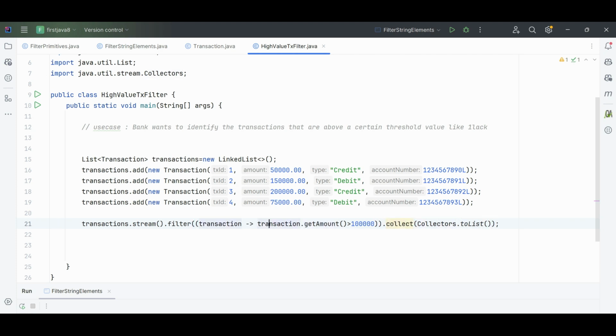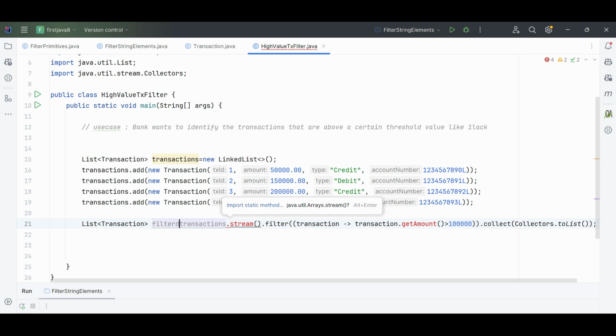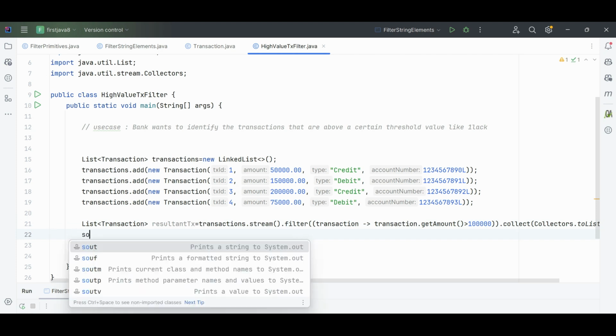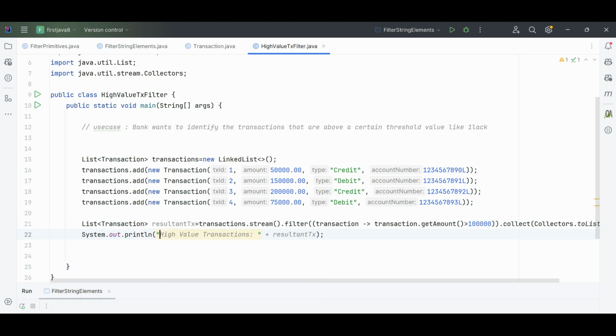Okay, so now this will be returning a list of transactions. Let's say filtered transactions or resultant transactions. You can say resultant transactions. Now, SOUT resultant transactions. Here we'll say high value transactions are the resultant transactions. Okay, so now what I'll do is I'll be right clicking on this application and running it as a